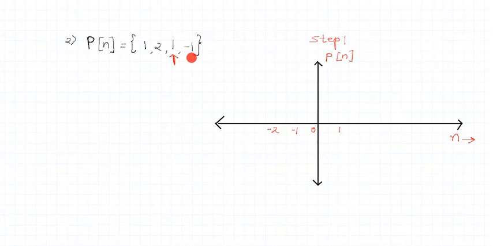I'll repeat once again. This arrow indicates the 0th position of the sample, so this sample is going to appear at 0. Then the samples on the left hand side of the arrow will appear on the negative axis, whereas the samples on the right hand side of the arrow are going to appear on the positive axis. So this 2 will appear at -1, 1 will appear at -2, and this -1 sample is going to appear at +1.